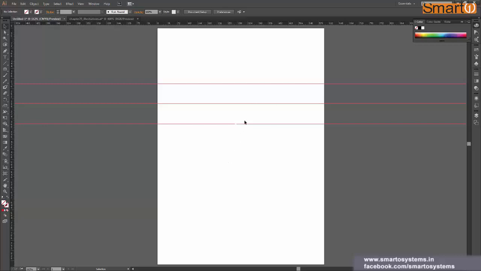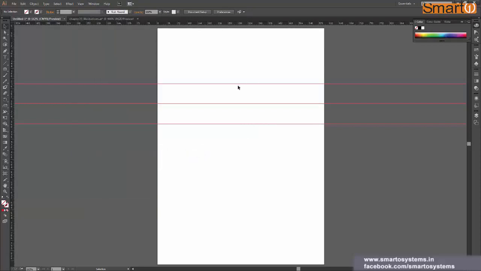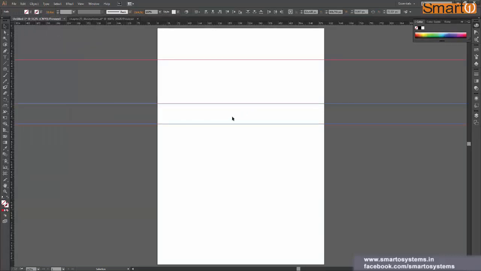But it's not visible anywhere that I have locked them two times. So while unlocking, I could have imagined that, okay, go to View, Guides, and uncheck this to unlock all the guides. And okay, my guides are unlocked, but these tools are not moving. So sometimes you might assume that this is a bug, but actually I have locked it intentionally. So here I have to go to Object, Unlock All, and then I have these guides unlocked again.